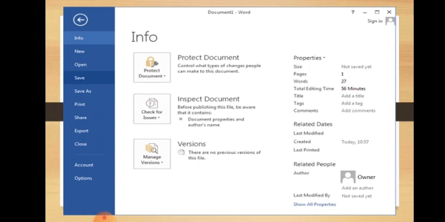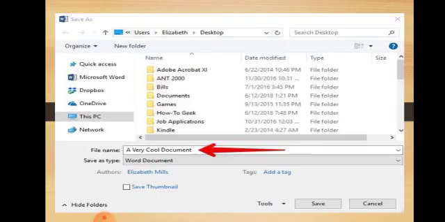And whatever work you do in that document, you can save it and give it a name. Go to the File option again and then go to the Save command: click on the File tab, select the Save option, enter the file name and then click on Save. Here on the screen you can see I have given a file name, a very cool document, and then I'll click on the Save command. The file will be saved on this PC. This is all you have to do to save a file.